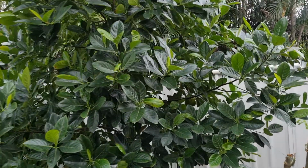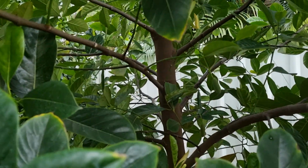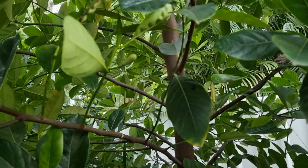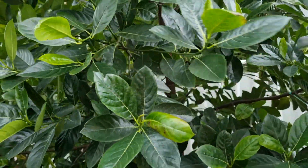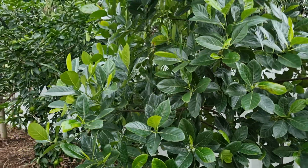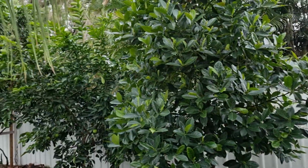There's starting to be more and more male flowers on it now, which is good. I'm not sure if that female flower will actually set fruit or not. Sometimes when the tree's real young, they will just drop their female flowers, I've found. Though hopefully, if that guy does get pollinated or does stay on, I'll come back in a couple months to